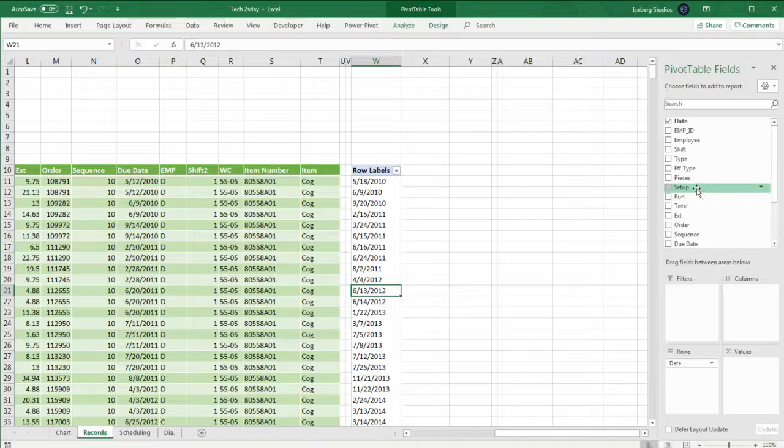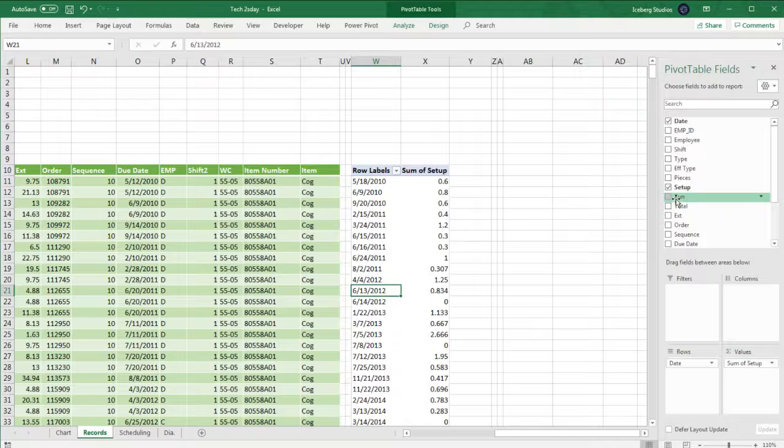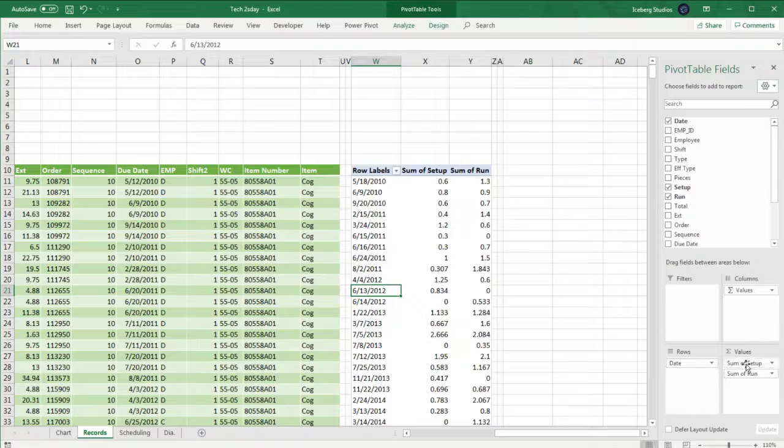We have some setup hours for our production facility and we have some run hours for our production facility. If we throw them over there, it's automatically doing the sum of the setup. Now if you wanted to, you could click on this down arrow and you could change the value field setting,